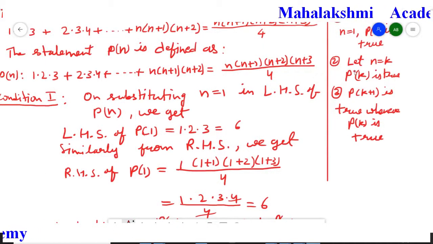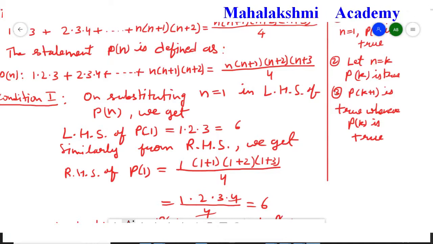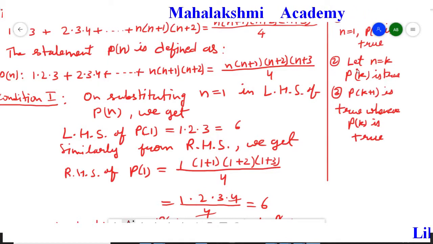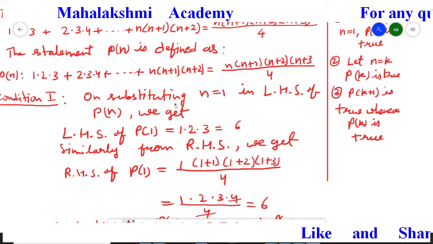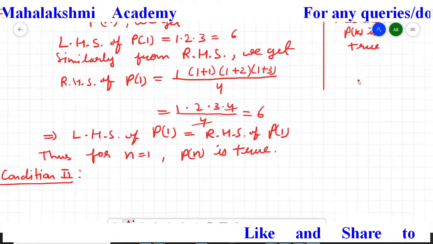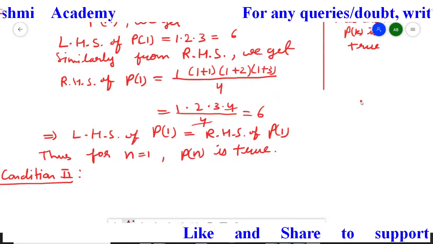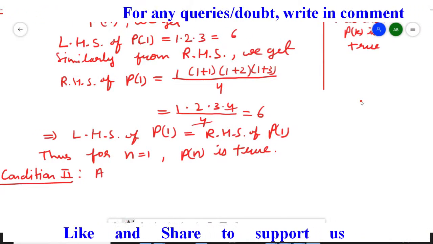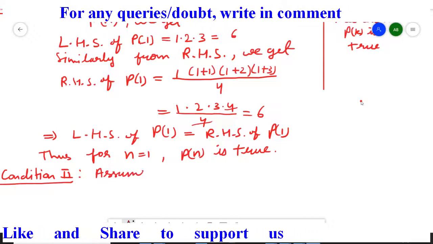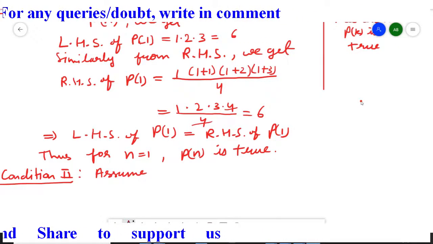So in the second condition, for n equal to k, Pk is true. This is our assumption. We do not have to prove it. We only have to assume it. So we'll start to substitute. So just write down, because this is our assumption, assume